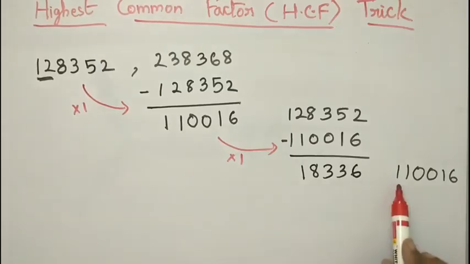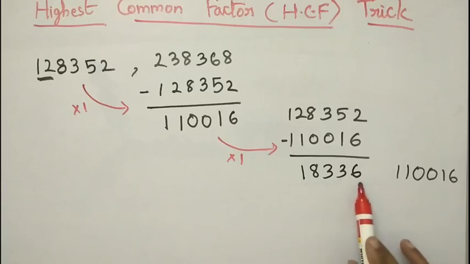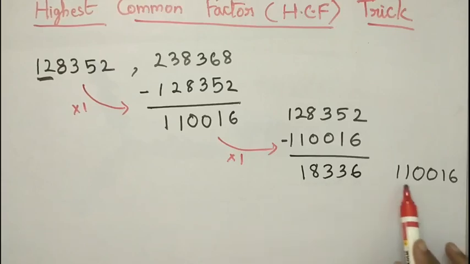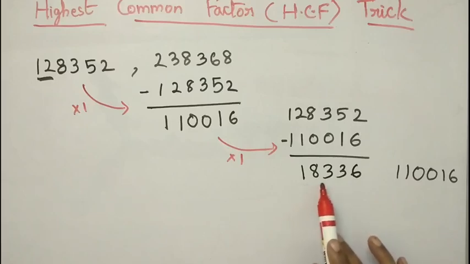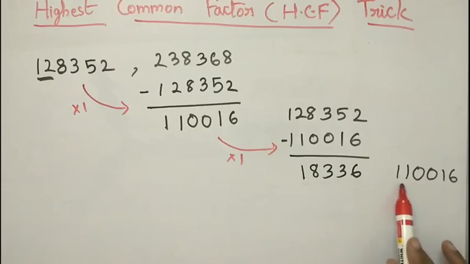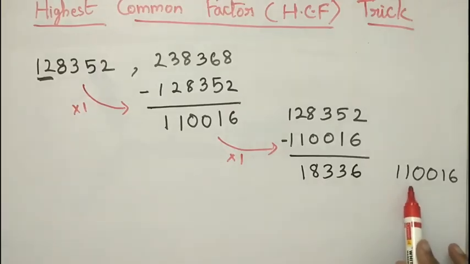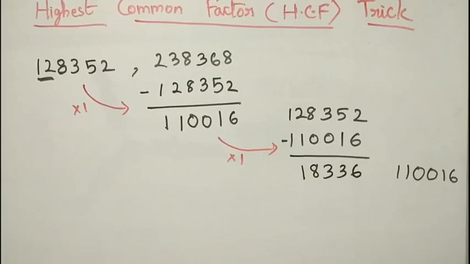If you observe, here it is 18 and here it is 110016. Here how many digits are there? 1 2 3 4 5. Here 6 digits are there. So here if I multiply a number with 18, I should get a 3-digit number. Then only there is a chance for me to get a value of this or less than this, is it not? If I multiply 18 with 6, I will get 106, is it not?